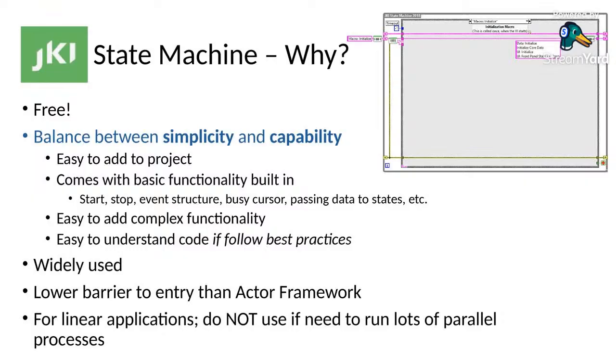I do have one question about that last bullet point. You're talking about, so use this for linear applications, but not for parallel. What are some of the drawbacks of using JKI State Machine for parallel processes? It's not made for that. You would have to spawn off a process, find a way to interact back with it once that process is done. I mean, there's always ways to do things, but it's just very good for